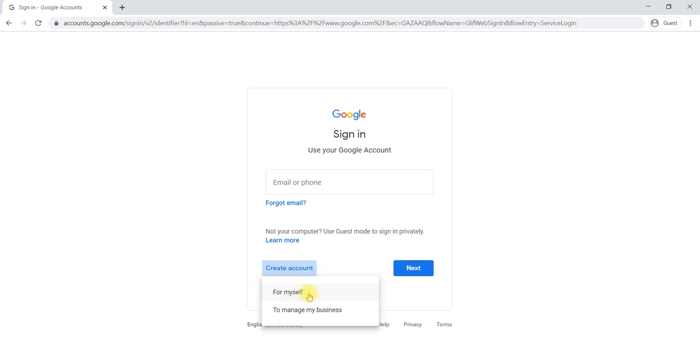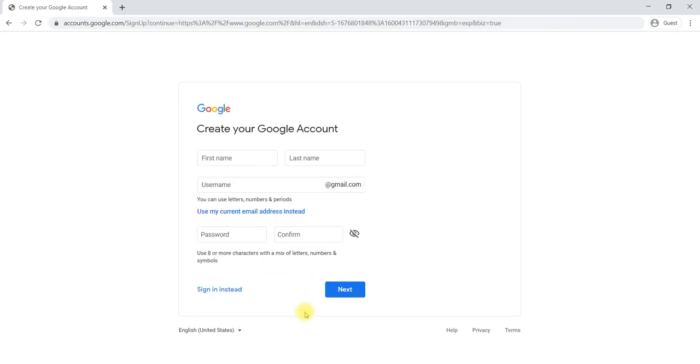It asks for yourself or to manage my business. If it is a personal account, then click for myself. If you are creating a Google account for business purposes, then select to manage my business.